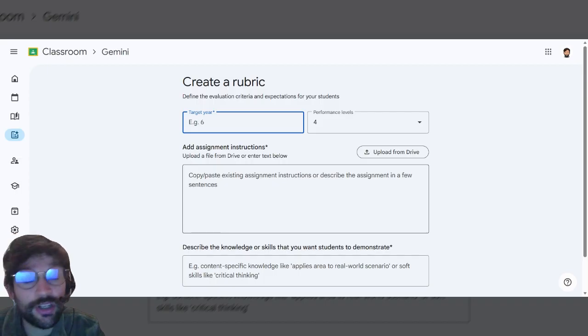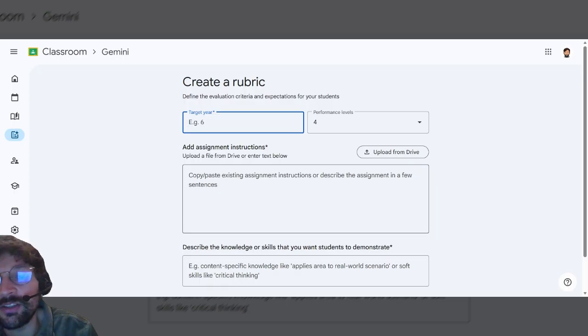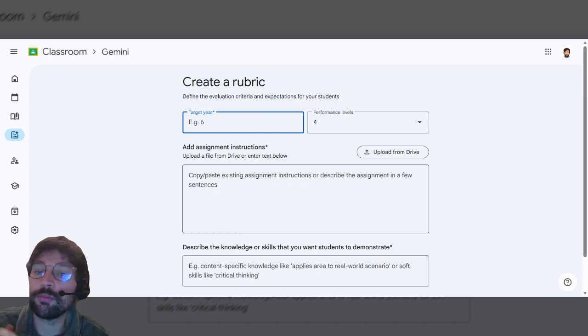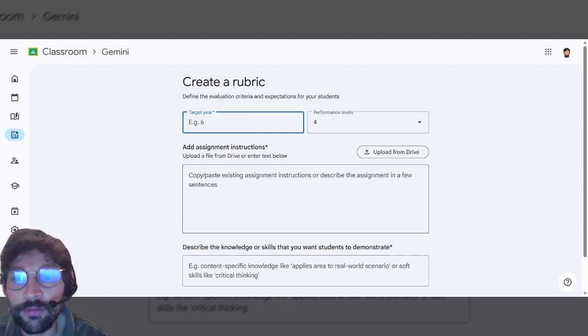traditional generative AI tools, it's usually just a blank prompt box. And building prompts is a really important skill to get the most out of an AI engine. So what this does within Google Classroom is it just gives you a little bit more structure to your prompts. It allows you to input the information that AI needs to generate the file or the resource that you are